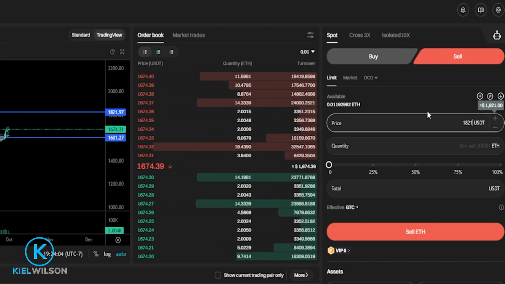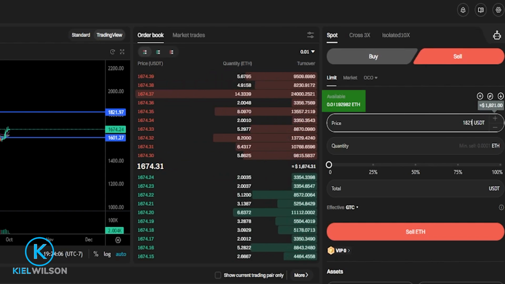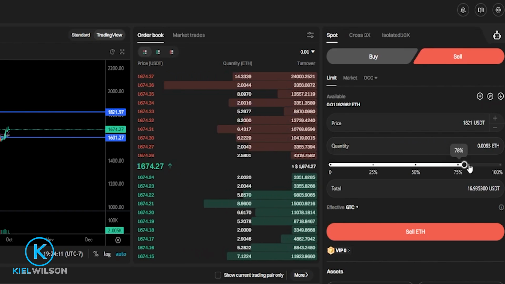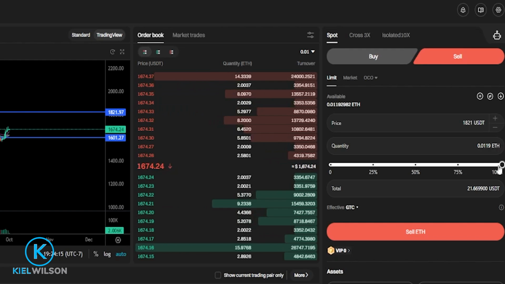Next, we need to choose how much of the asset that we wish to sell. Of course, you'll be able to see your available balance right here. But for this demonstration, I'll go ahead and just use the slider bar. I'll take it all the way up to 100%. Once you have your order set up the way that you want it, you'd come down here and you'd click